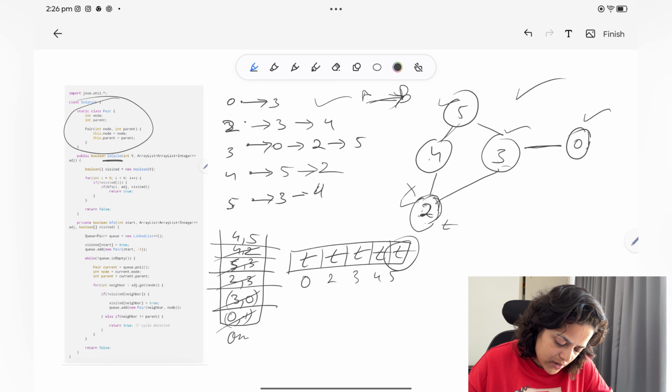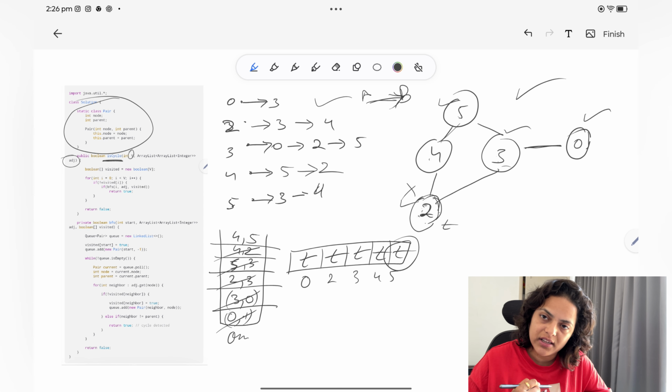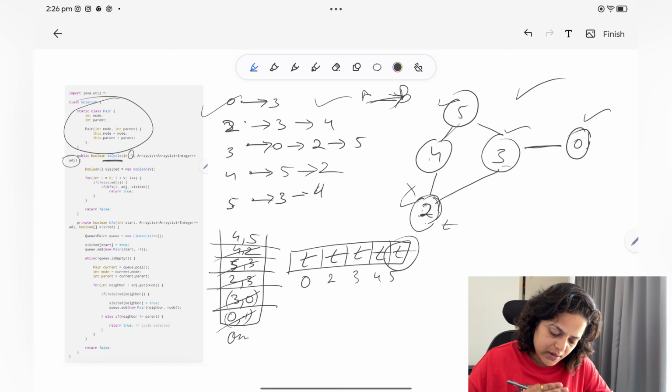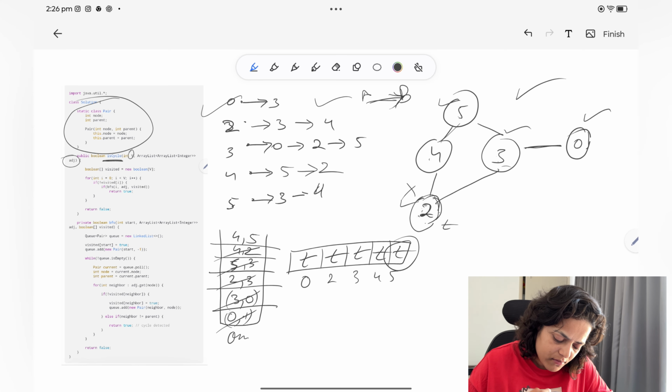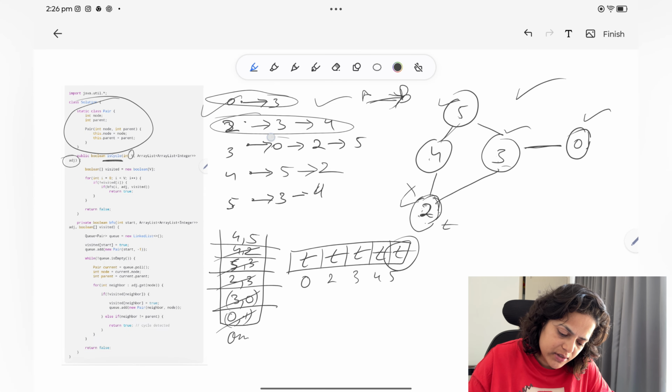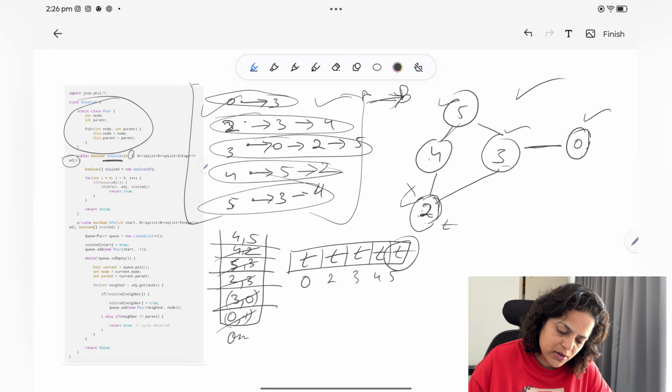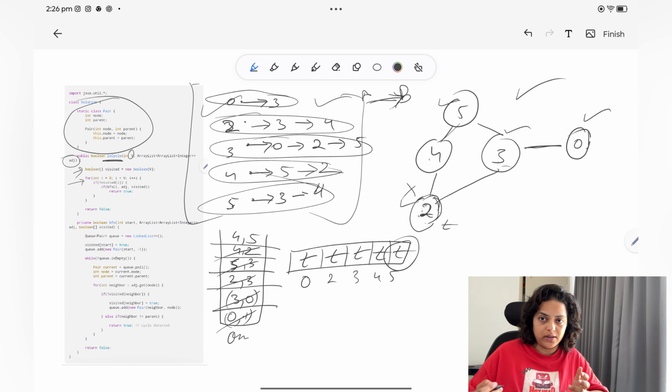So see, your cycle detection method will run. It will take your number of vertices and your adjacency list, which is a list of integer lists, because this is one list which is holding multiple lists. Now you will create one visited array, and you will run one for loop, i equal to 0 to v